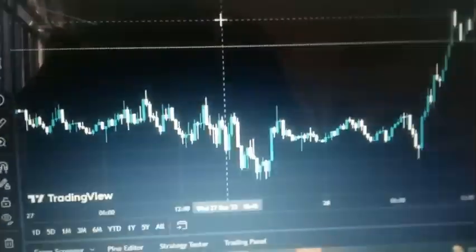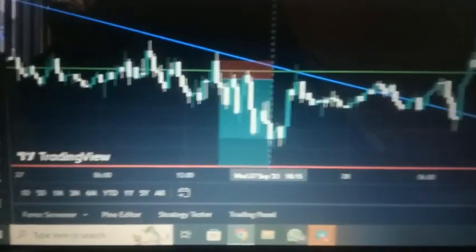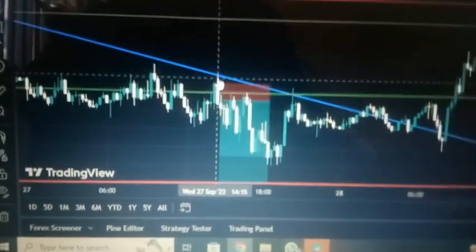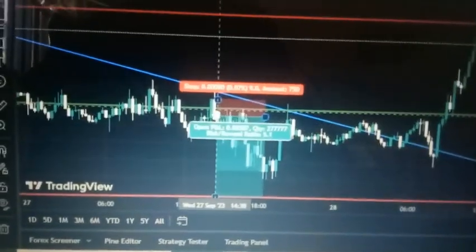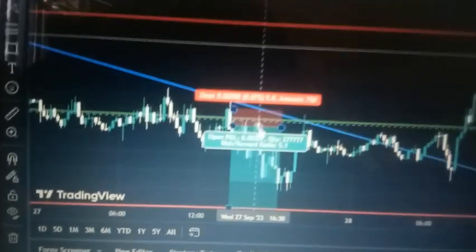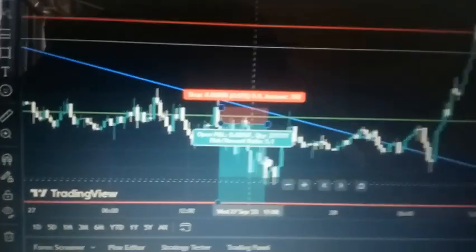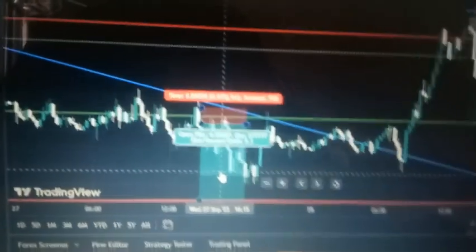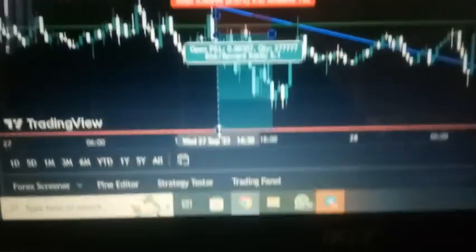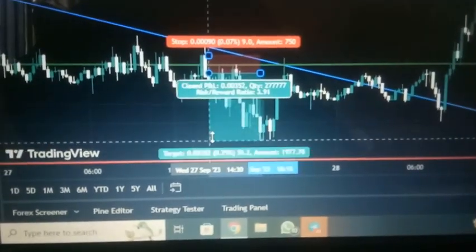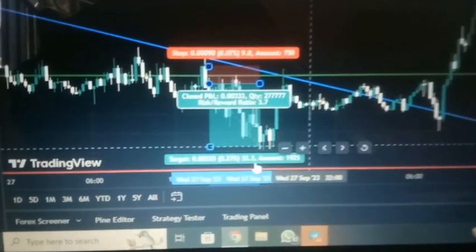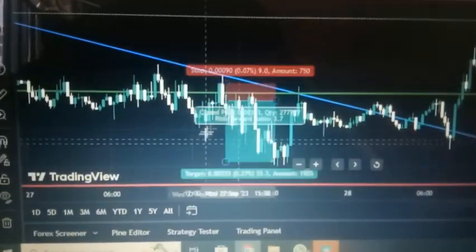And also GBP USD. Look at the trade I took. It was a trend line bounce and also a psychological break and retest. That's what made me take this trade. This trade just gave me 20 pips. I think 30 pips, yeah, 30 pips, because the market